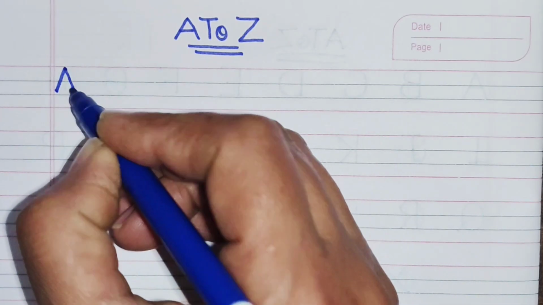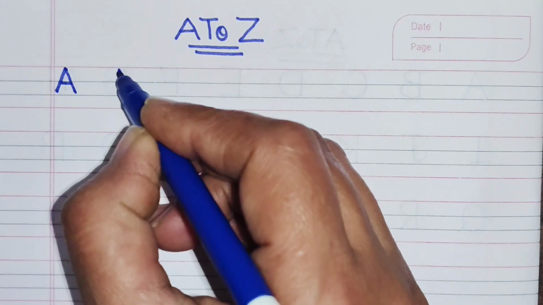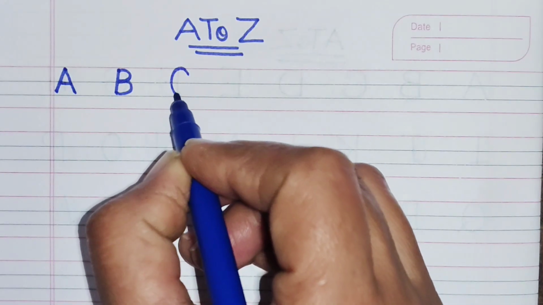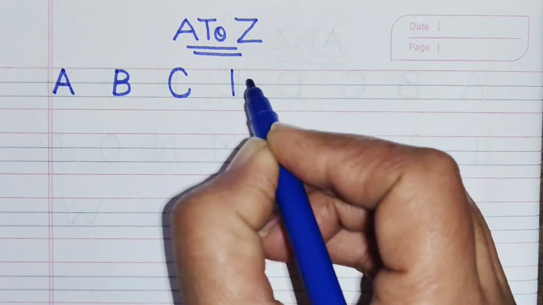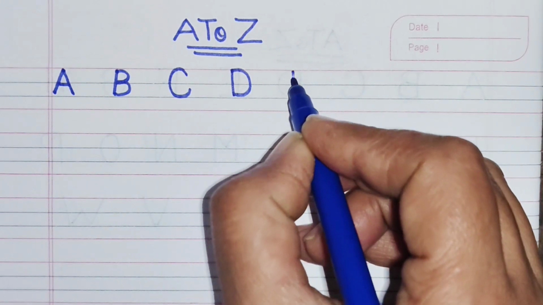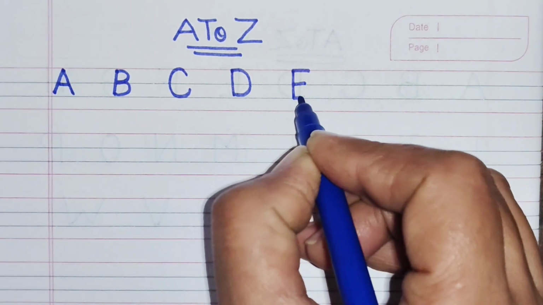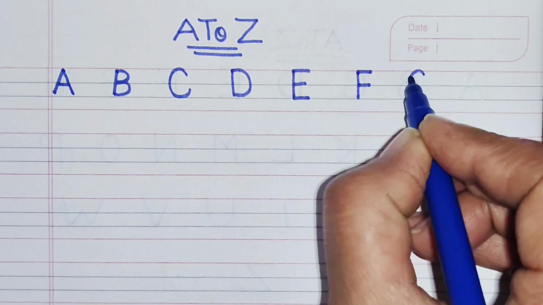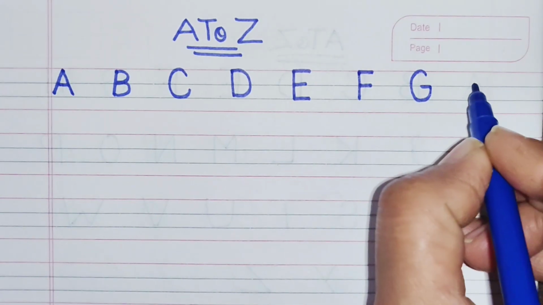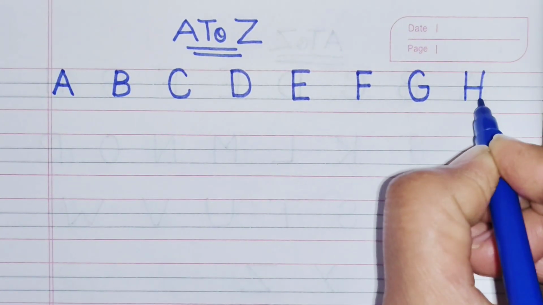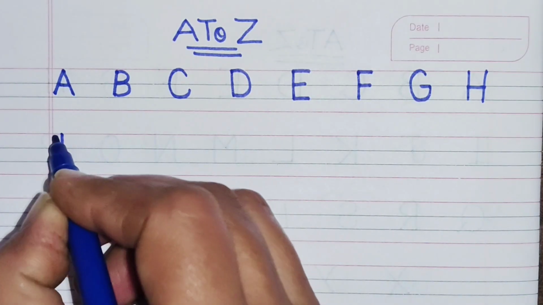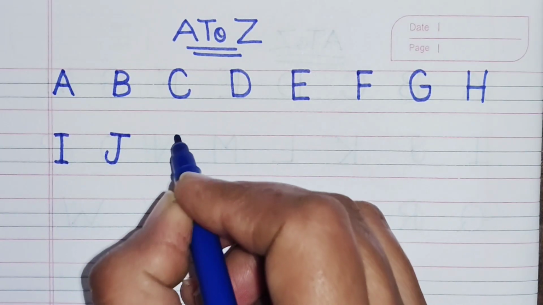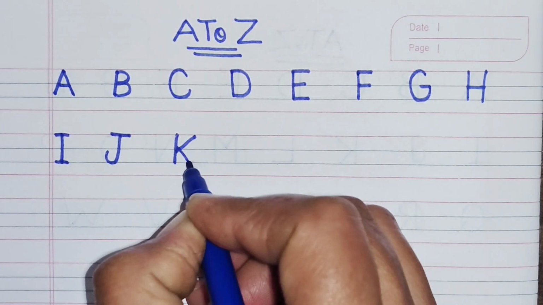A for apple, B for bat, C for cat, D for dog, E for elephant, F for fish, G for grapes, H for hen, I for ice cream, J for jug, K for kite,